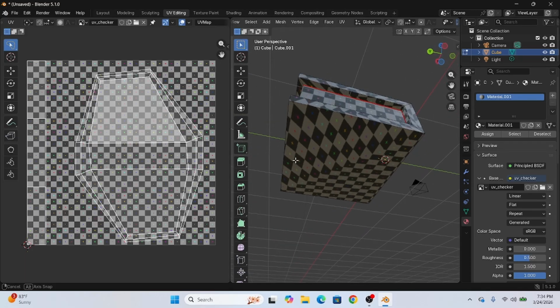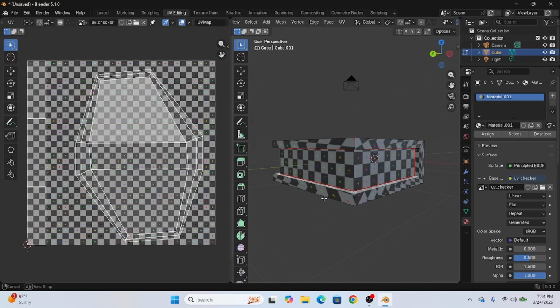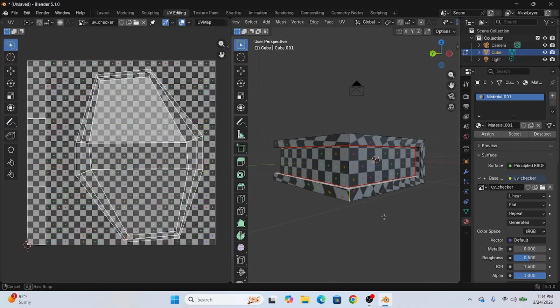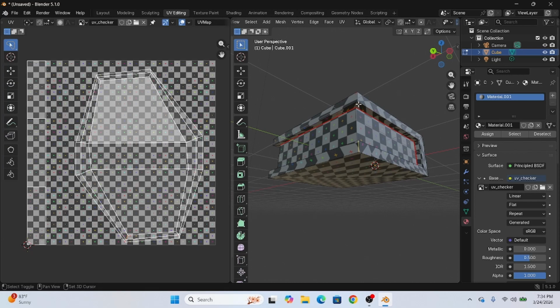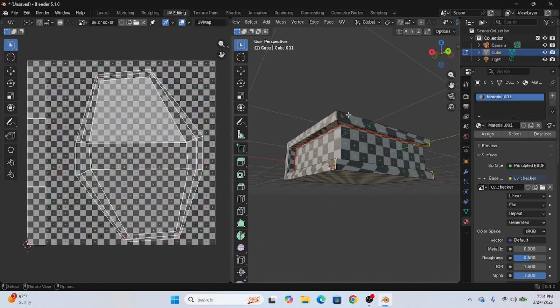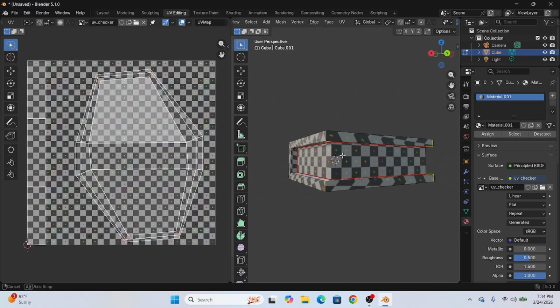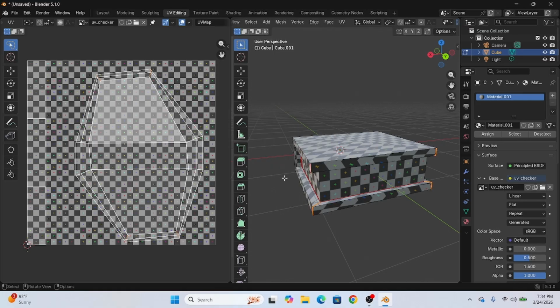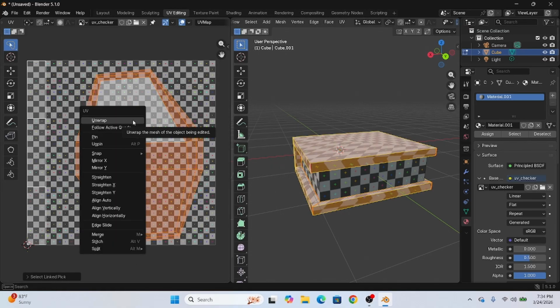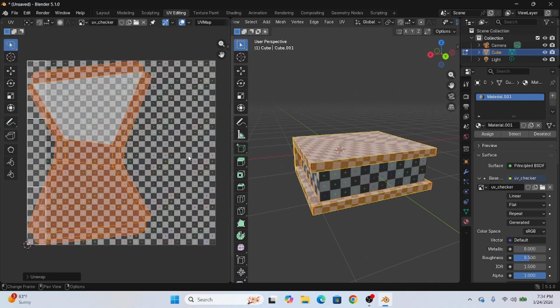I think the way I want to approach this book is I'm gonna select these wing edges that are on the book. I'm going to mark these as seams, and then I'm gonna select you with L, I'm gonna unwrap you, and